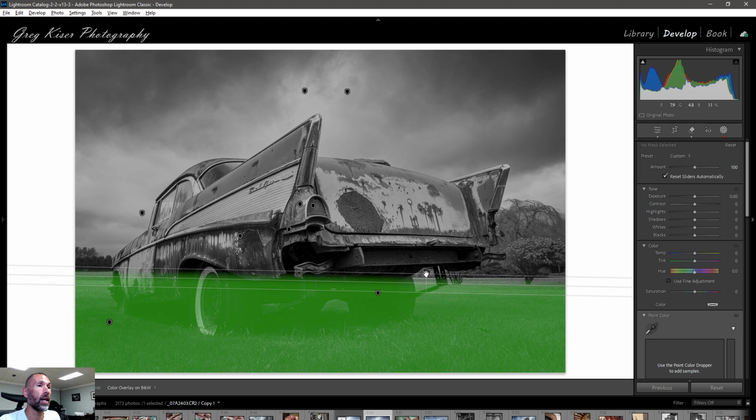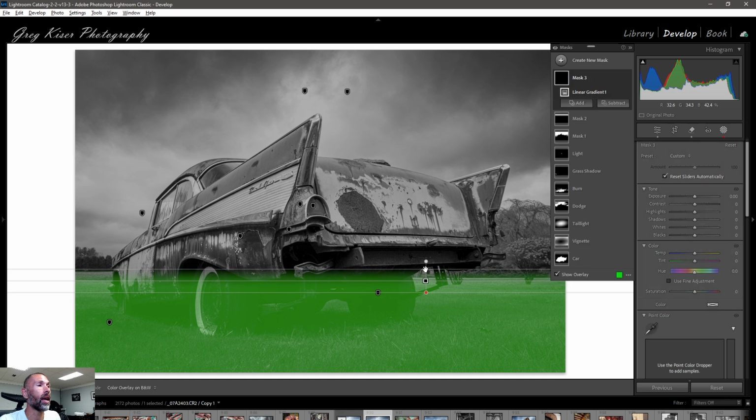I don't need to use the shift key because I actually do want it at a slight angle. I want to try to cover where that is, and that looks good to me. We are covering this line here just below it, and we're going out here. So I can reduce the saturation of the grass,